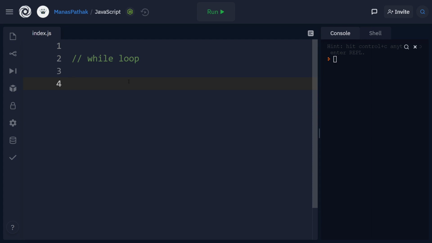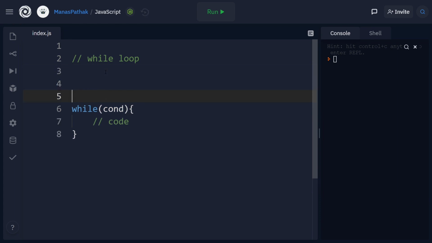While loops are used to execute a certain block of code over and over again as long as a specified condition is true. To create a while loop in JavaScript, we have to type the while keyword, and after that round brackets and then curly braces. In these round brackets, we put our condition, and in these curly braces, we put the code which we want to execute. As long as this condition is true, this code would be executed. And if this condition is always true, this code would be executed forever, so it would be an infinite loop.